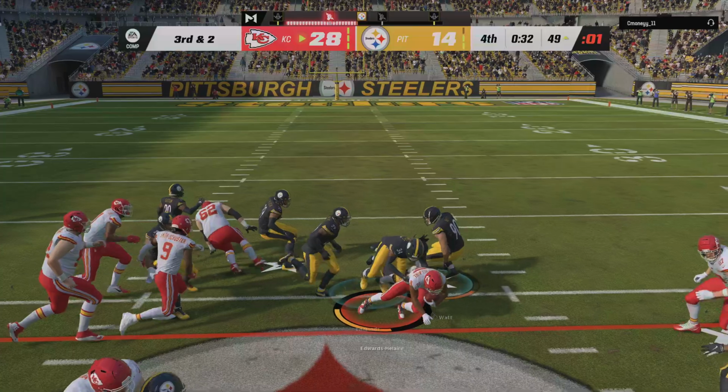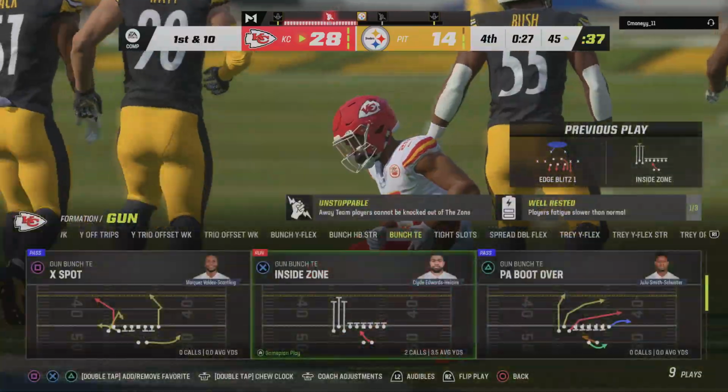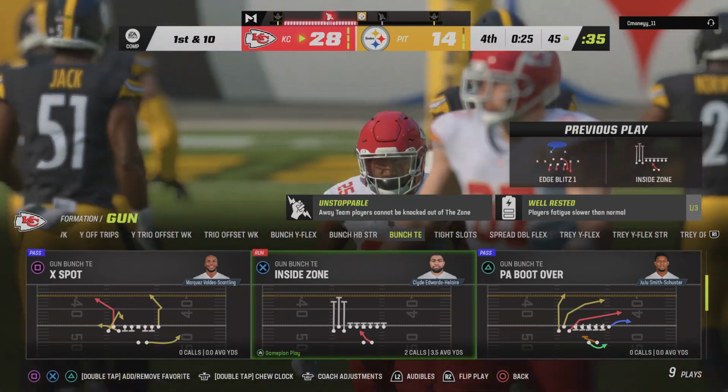Edwards-Helaire, they'll try to run for it. And he is going to have the first down, and that is going to suck the life right out of this crowd. It's a gain of 4, and that's...